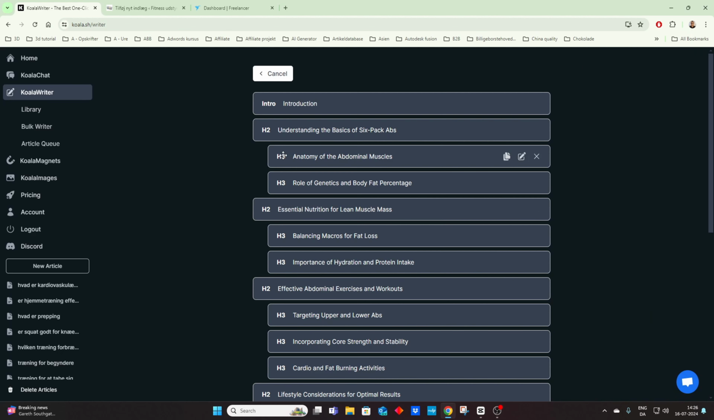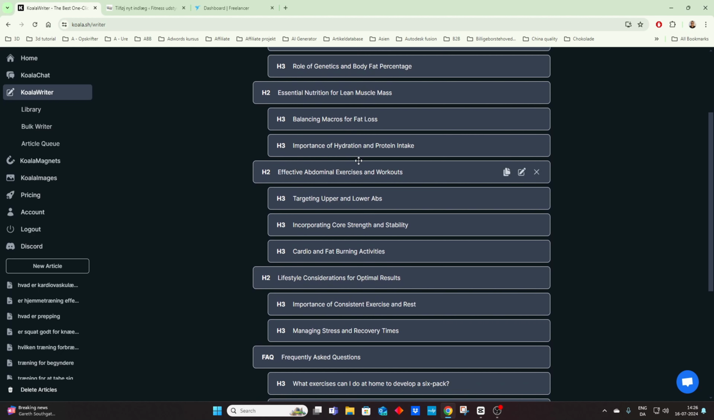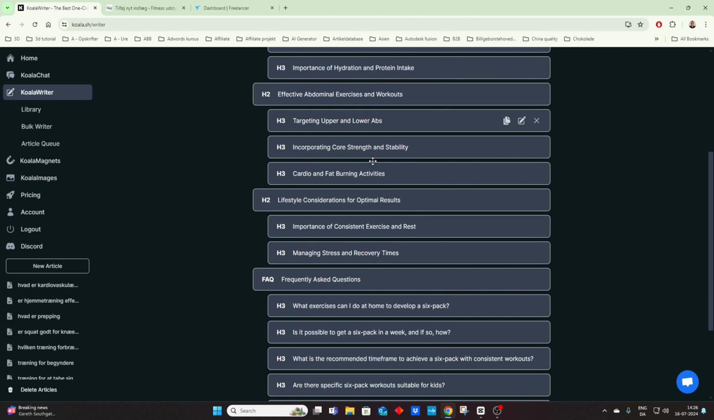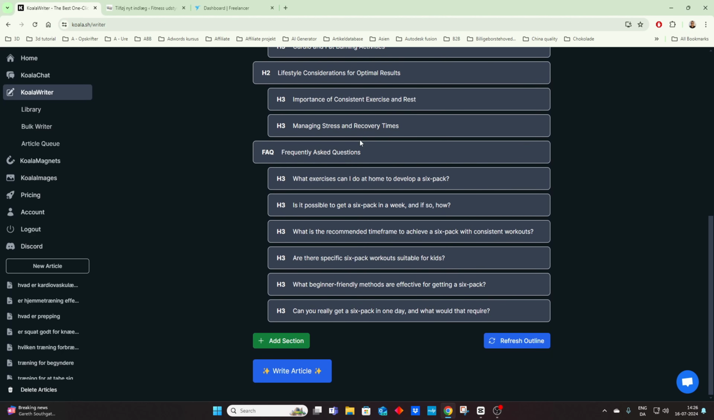It also has some H3 tags, and it's writing down here some explanation and what you should think about, how you can target upper and lower abs. All this in the end to get a six-pack. It's not easy to get a six-pack. You need to train a lot. You need to eat the proper food, not too much of something, and enough of something else,